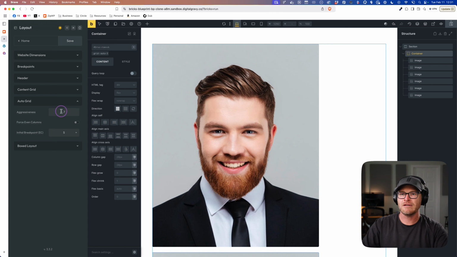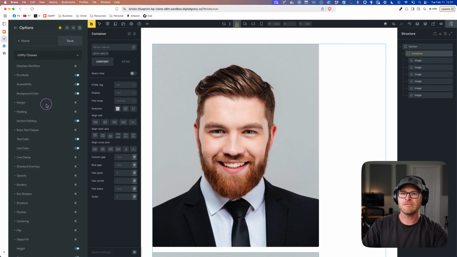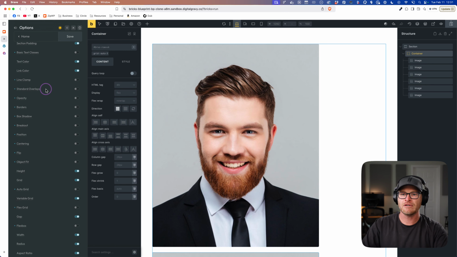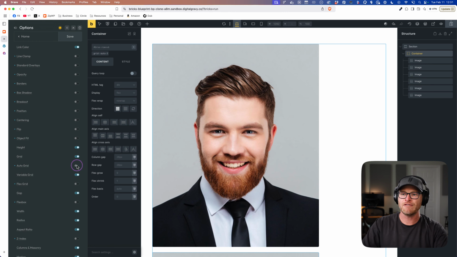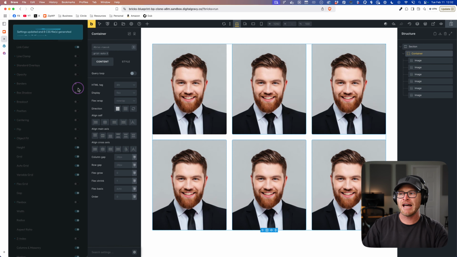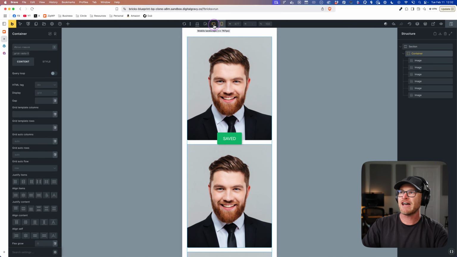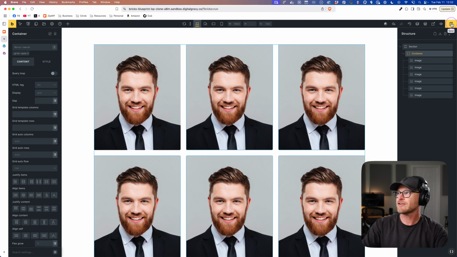Auto grid aggressiveness 0.7. Let me make sure I didn't turn them off. Auto grid, grid, auto grid off. There they are. I turn them off on pro mode because you would use the recipe, so that's why the class is not working. Let's enable the class just so we can do it that way. That's the way a lot of people are going to be doing it. Now you see that it is, in fact, auto-gridding things.